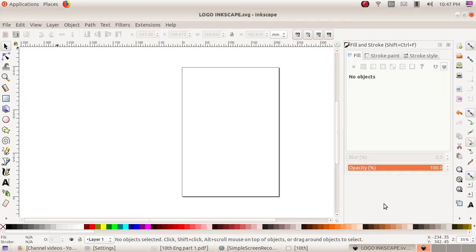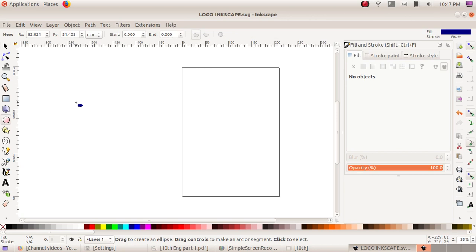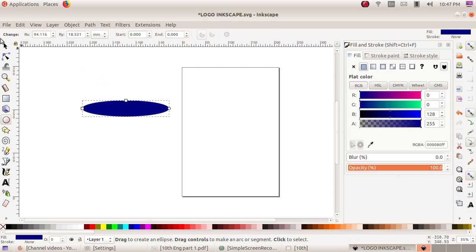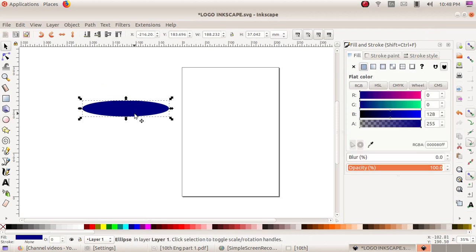Now we are going to create the cup and saucer. First you need to draw an elliptical shape. Just create the circle and draw an elliptical shape and change the color.